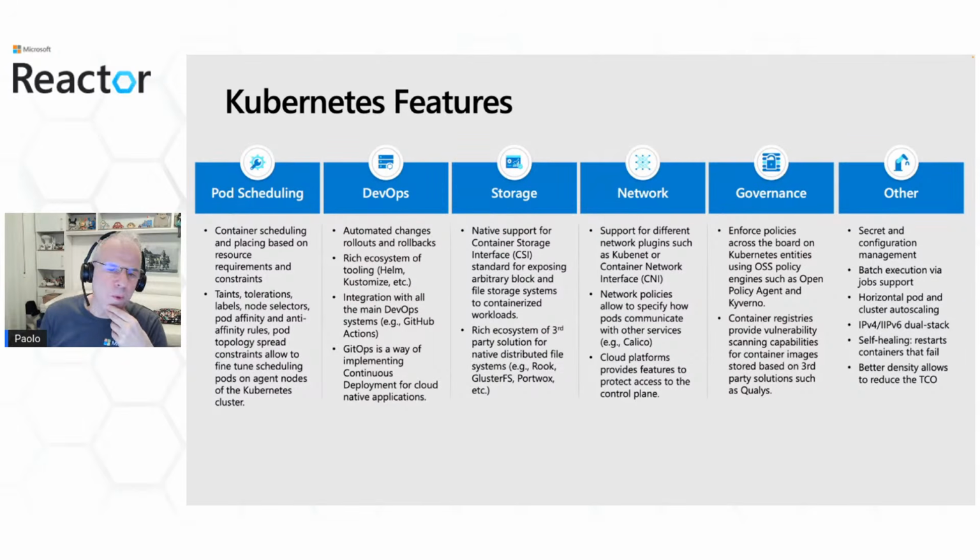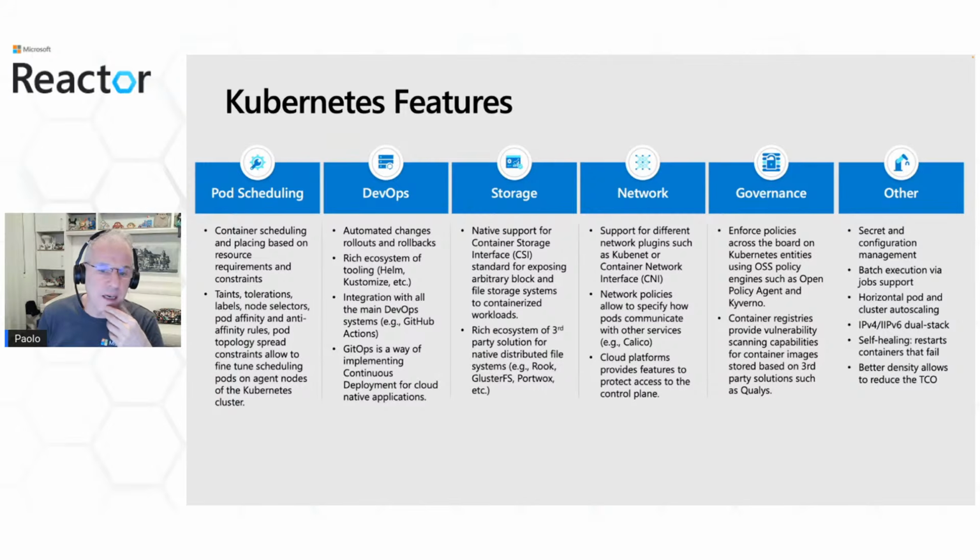From a network standpoint, Kubernetes provides a very, very rich set of capabilities. For example, when deploying an Azure Kubernetes cluster, you can choose between kubenet or Container Network Interface. When, for example, using the Container Network Interface, your pods get a private IP from the subnet. Network policies are very useful, as we'll see in the next slide, for multitenancy to isolate different tenants running in different namespaces.